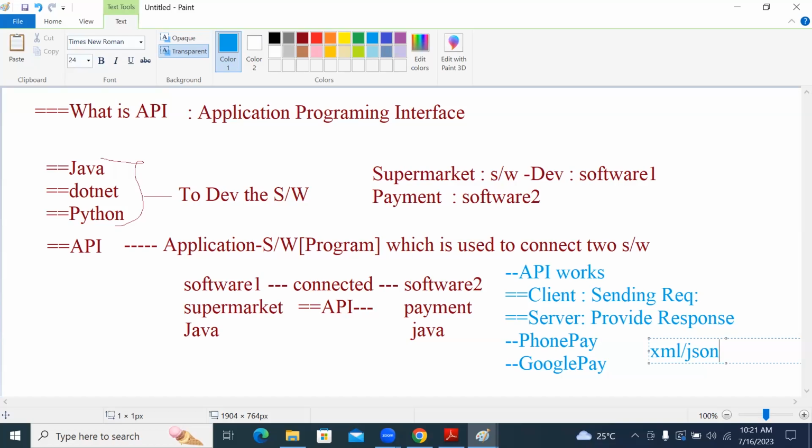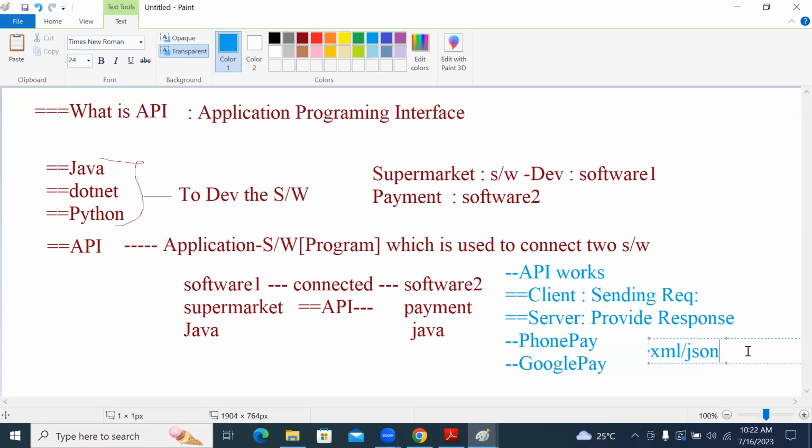The previous market was on XML, but now the market is more on the JSON format. Whenever we get the response from the server, we take that response in JSON format. You will understand what JSON format means when we go through the information.